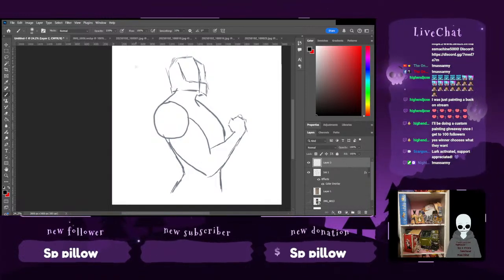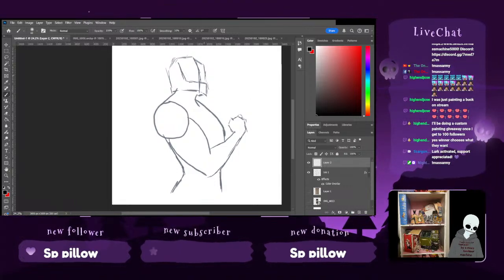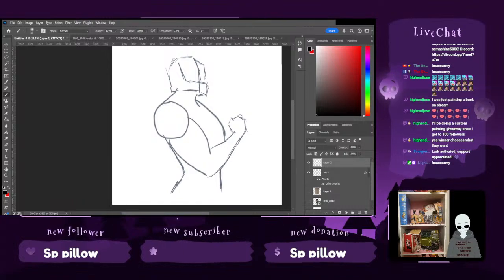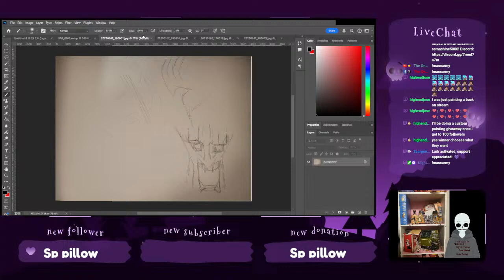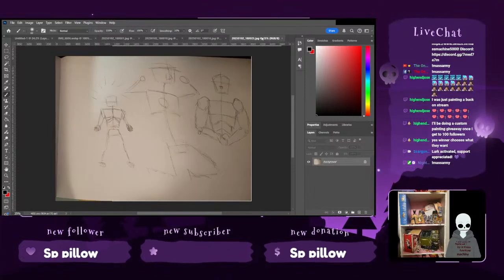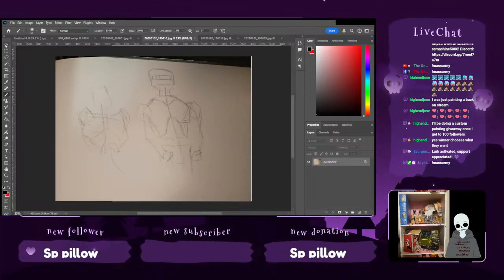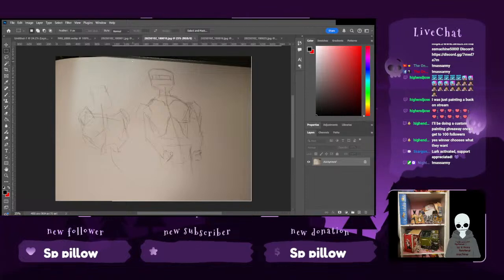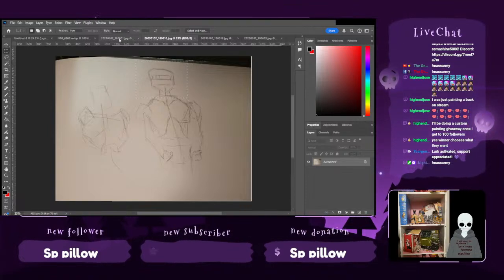All right, let's see what we can do with this. I think I need, where's one of my other guys that I liked the shape of his face? Mainly that one. I did like where this one was going though.